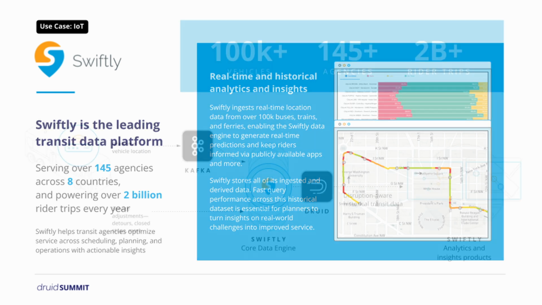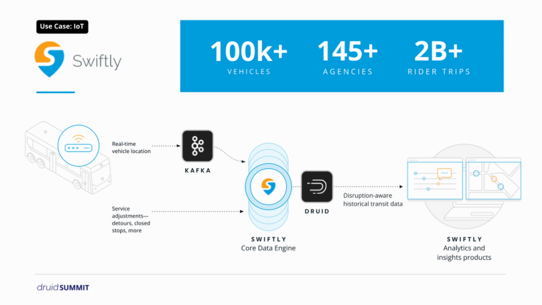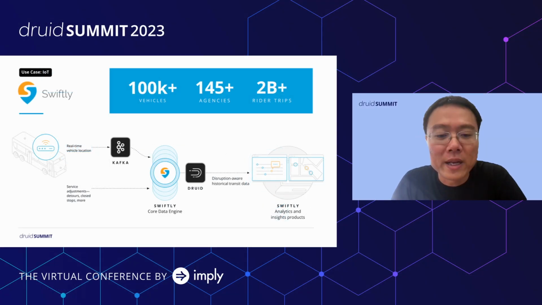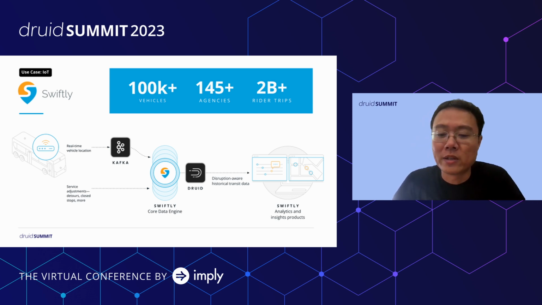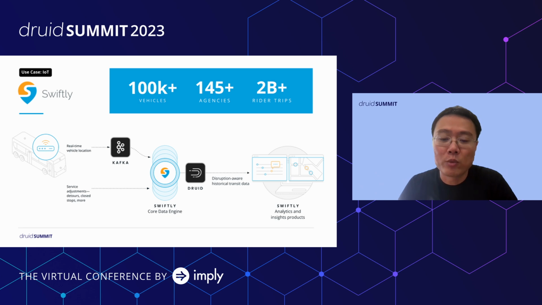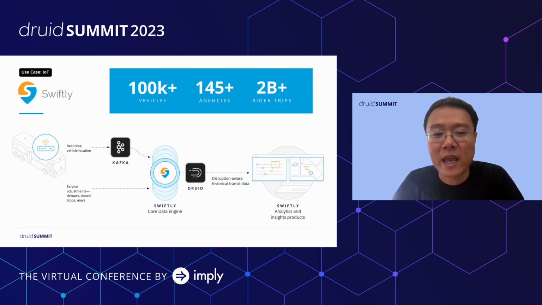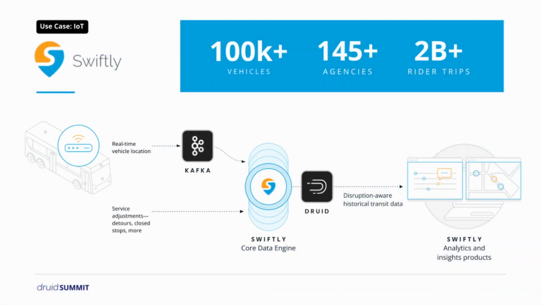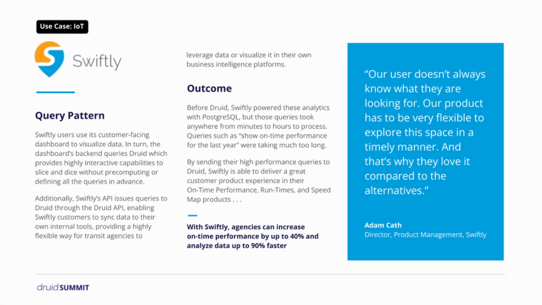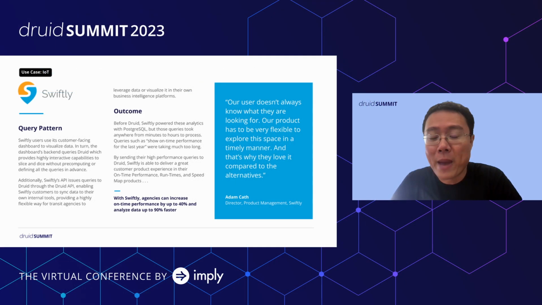and how they're faring. The setup, once again, is a full real-time setup. It's a setup that has real-time sensor data that's coming from public transit, such as buses and ferries. This data ultimately gets emitted into a Kafka pipeline, which then gets streamed into Druid, and Druid powers a real-time application that Swiftly's customers can use and track how different transportation options are doing. This data has some pretty interesting scale as well. So there are many different vehicles, many different rider trips that need to get tracked. And then there's also requirements around being able to slice and dice and look at this data from many different